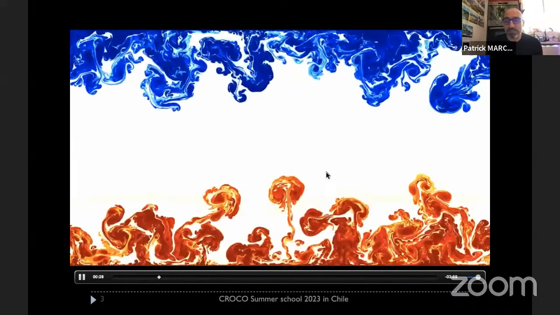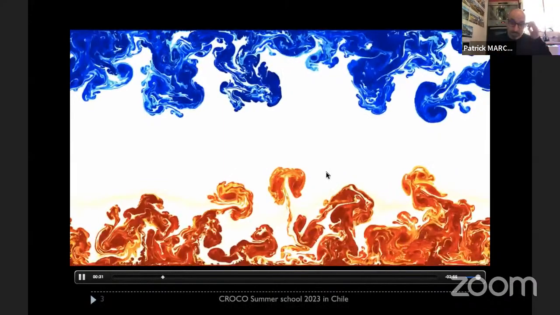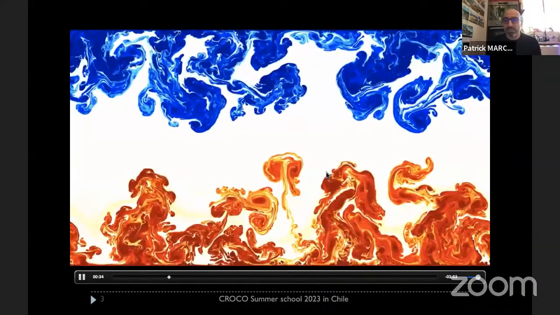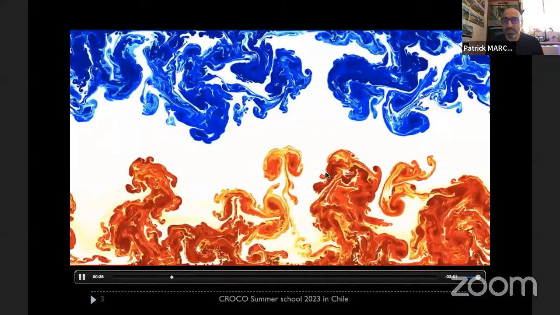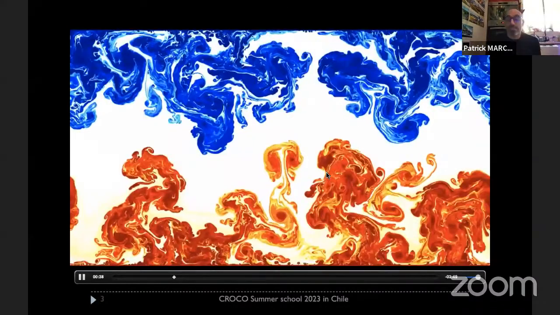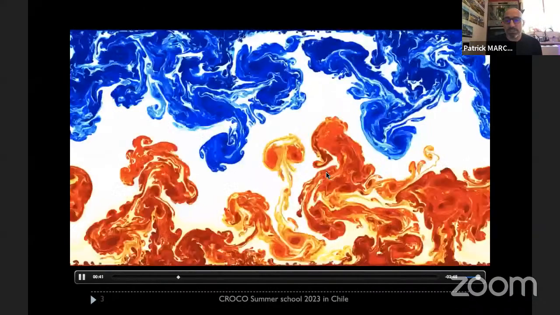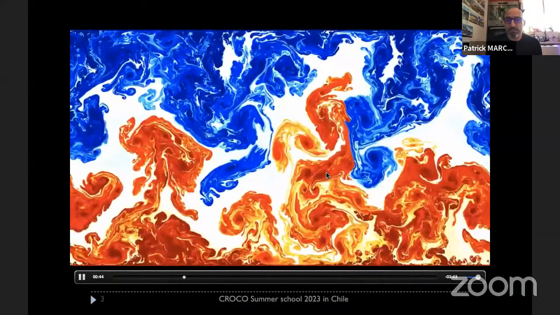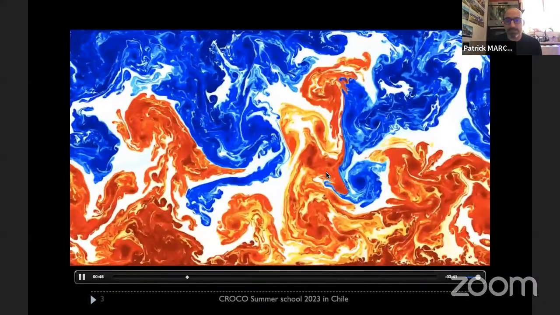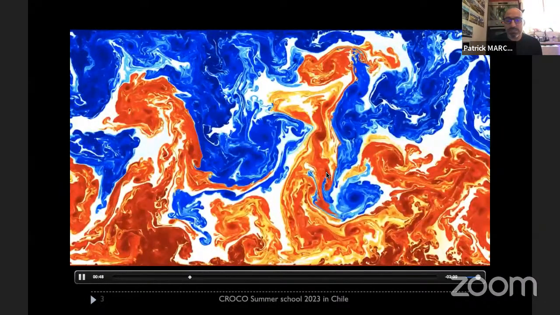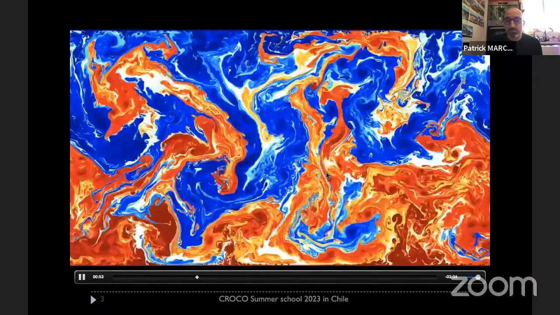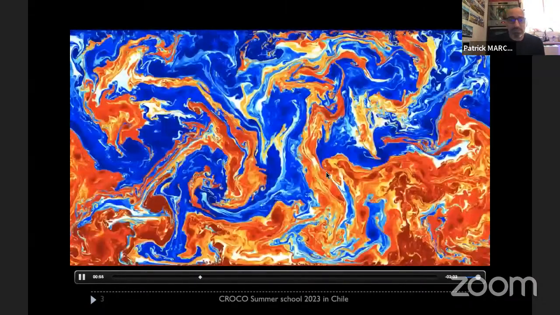Typically non-hydrostatic, because in the hydrostatic assumption, the gravity and the pressure gradient compensate each other, and they are in equilibrium. It is the Archimedes balance. And with convection, it is the opposite, because the pressure gradient goes with the gravity, and then there is an instability that develops